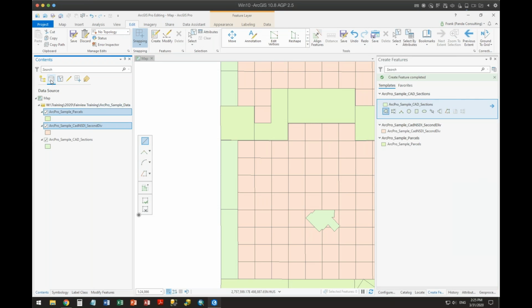List by data source works exactly the same. If you're working with web services, if you're working with SDE, it will show you what version you're working in, and such. The next button over here is list by selection. This is what is selectable, all right? And I can turn it on and say that this thing should not be selectable, ever. So it will not be selectable.